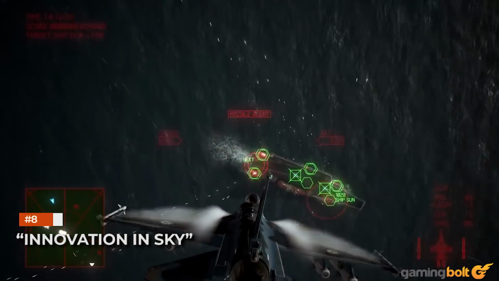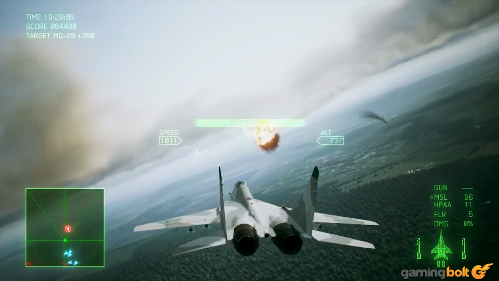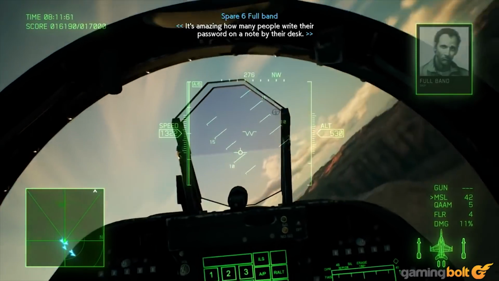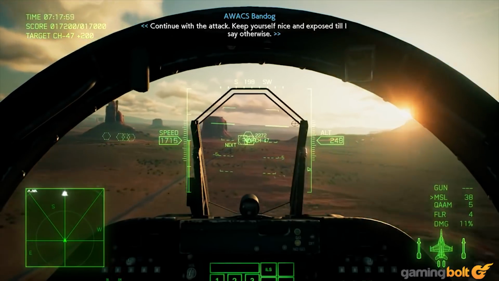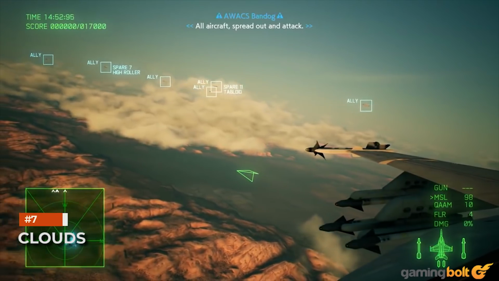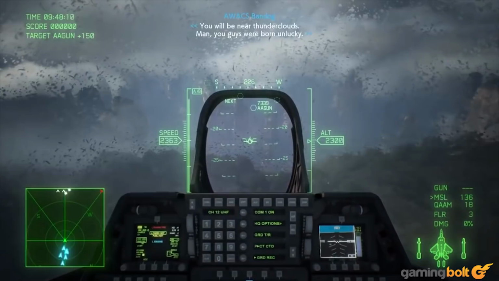Innovation in the sky was the motto when designing the campaign, according to producer Kazutoki Kono. Speaking to Gaming Bolt, the development team wanted to emphasize the innovative nature of the gameplay by relying on elements such as clouds. Planes will leave trails when going through clouds, but they'll also have deeper gameplay purposes. Clouds. It may sound simple enough, but knowing how to utilize clouds is a key part of the gameplay according